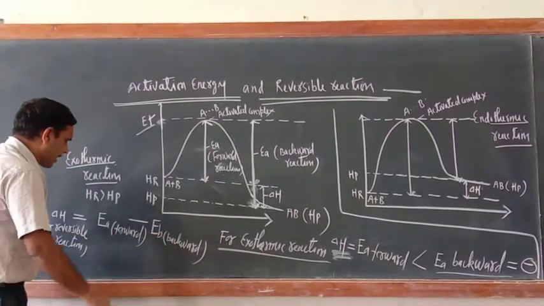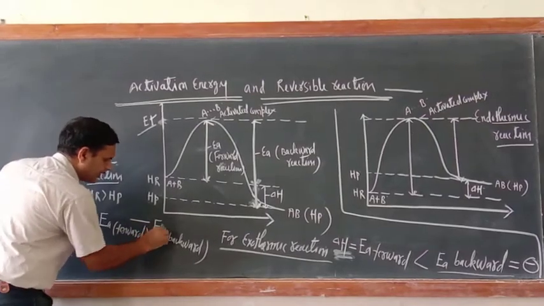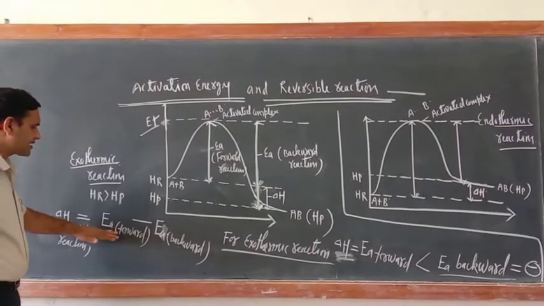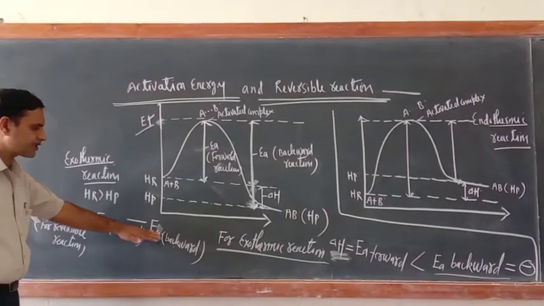Backward means energy of activation EA backward. Delta means the difference of activation energy of the forward direction reaction and the backward direction